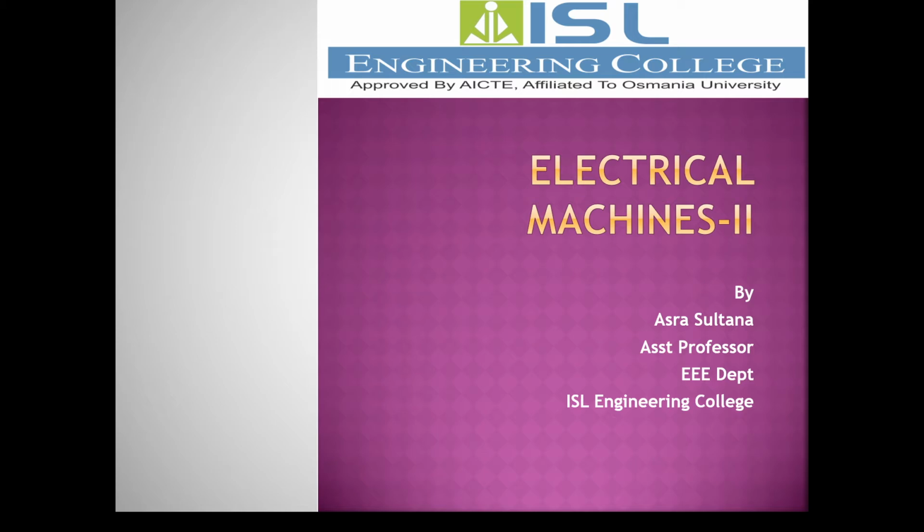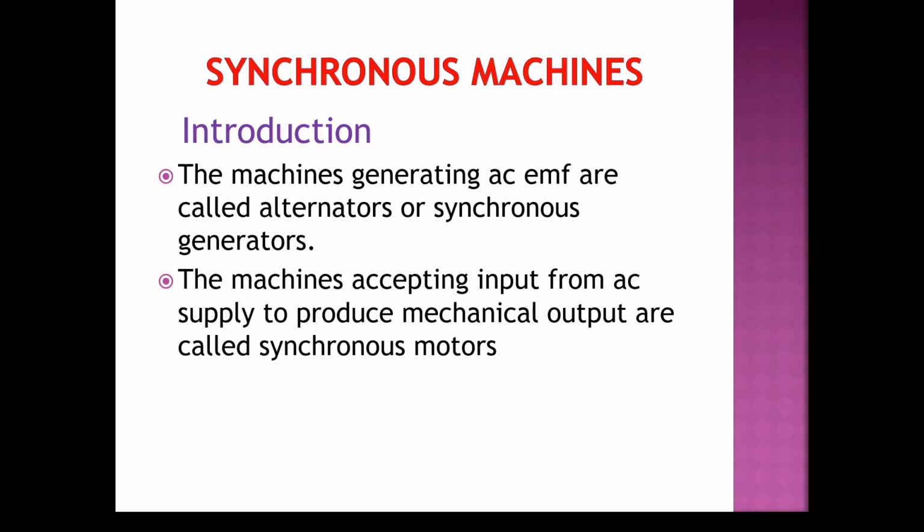So in today's class I am going to tell about what is an alternator, what are the differences between DC generator and alternator, what are the advantages of rotating field over rotating armature, and the construction of alternator we are going to see in today's class, and the working principle, and mechanical and electrical degree, and synchronous speed. So let us start our topic for synchronous machine. Let us see the introduction part.